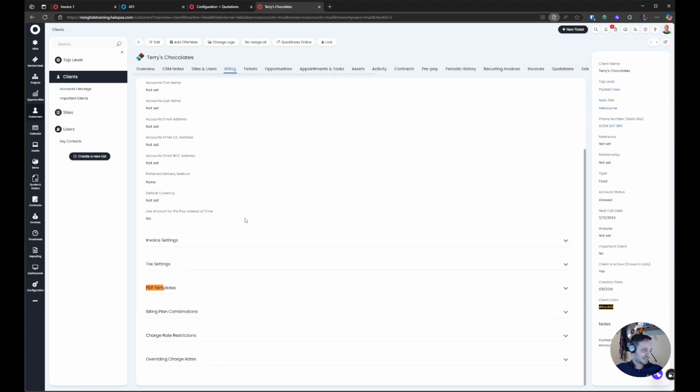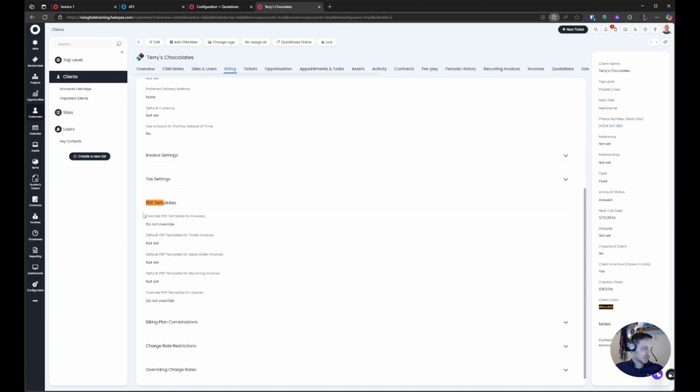There it is, PDF templates, billing. So over here we can override invoices or ticket invoices, and that's literally per client. So clients can have overridden if they need to. If you want something special for that client, you can do that. Right? I'm glad I found it. I didn't get down a tangent. The point is that these are controllable throughout different areas, and ideally you're setting up the system so that as long as the process is followed correctly,